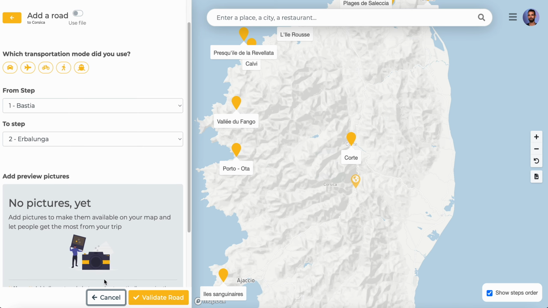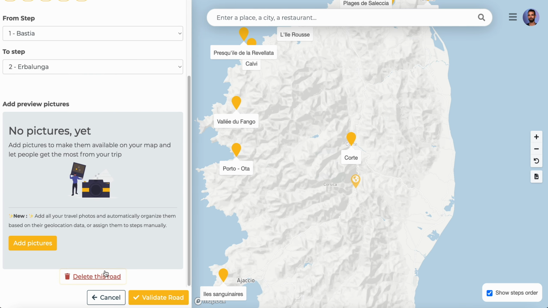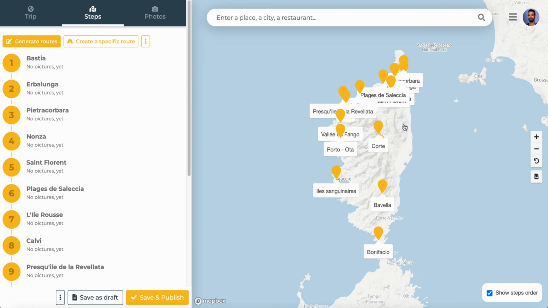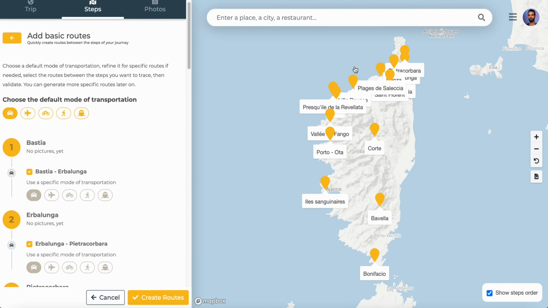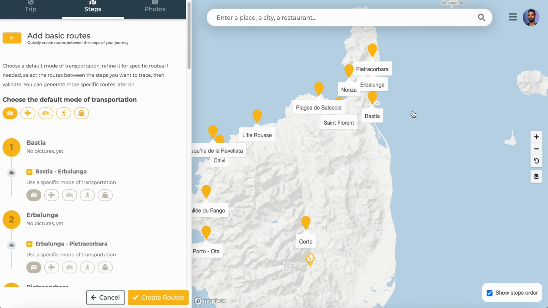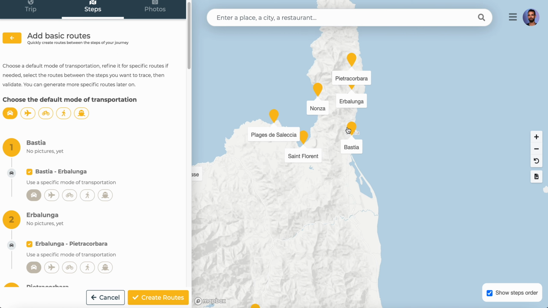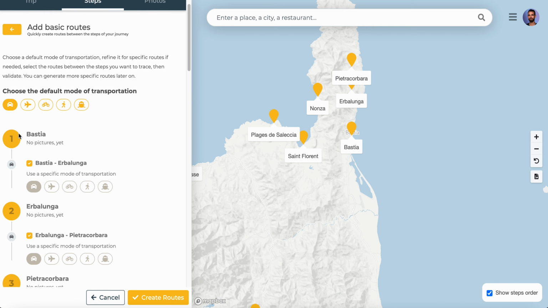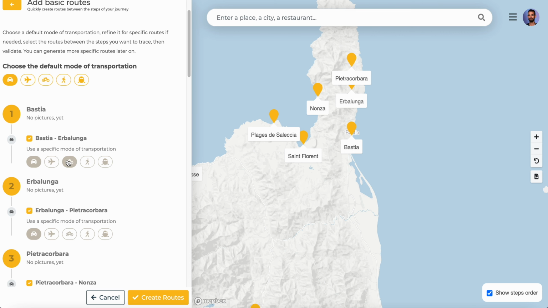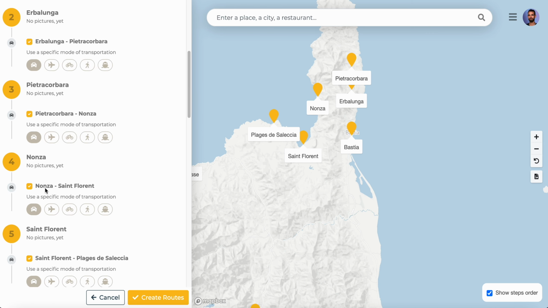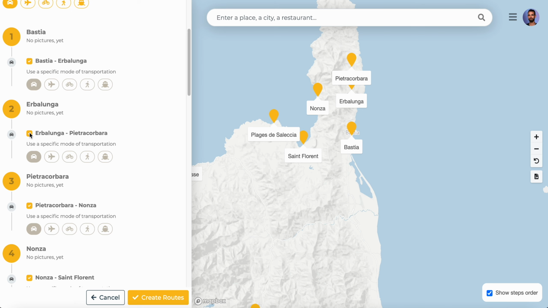So now we don't do this anymore. Sorry, I just need to delete it. We don't do this anymore. You can generate all the routes at once. It will generate what I call the basic routes, which are the places to places. It will generate one from Bastia to Balonga, for instance, and you can select a default transportation mode, but you can also set a specific one for a custom path, or if you want, you can also disable